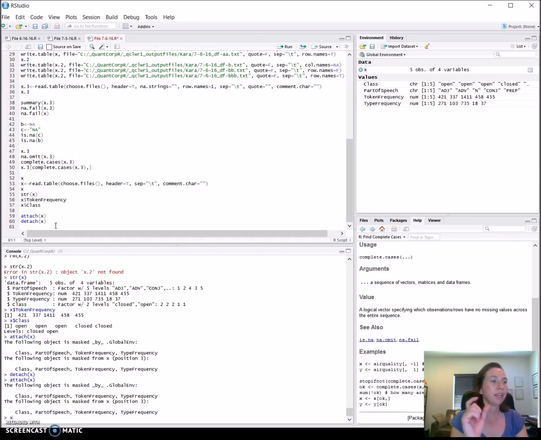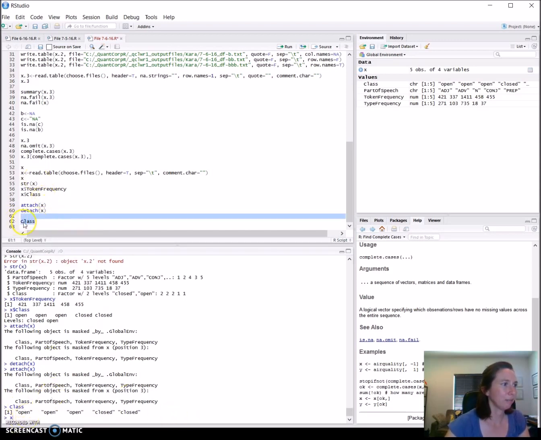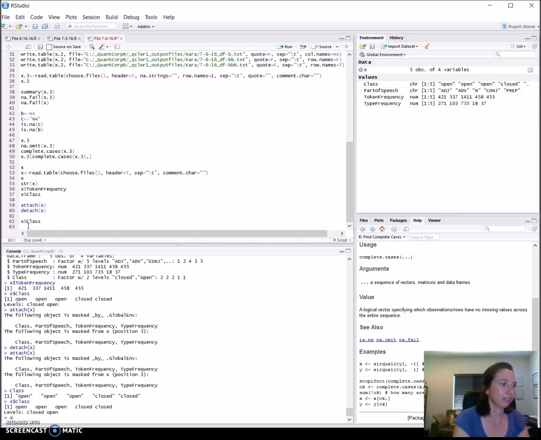So what this should do is it's attaching the values kind of locally so that we don't have to say X$ every time we want to access a column. So if you had multiple data frames, you would probably have trouble if they had the same values and you were trying to attach them all. You would want to do them one at a time. So let's see what it did. If we go class, then we see everything that's in class, and we didn't have to go. We can still go $, and it gives us the,